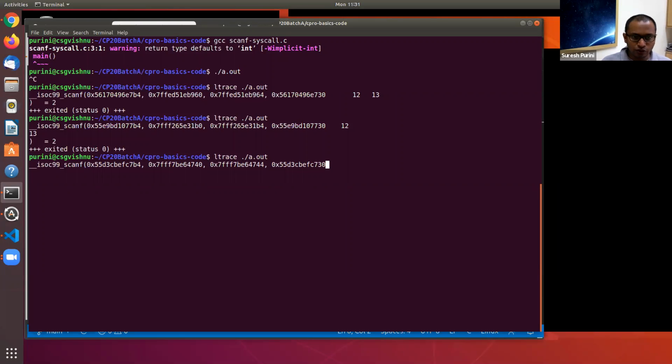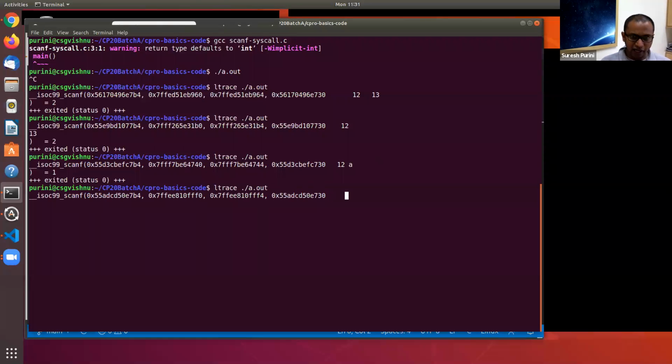Now let's do 12 and A. So now 12 is successfully read, but A causes a problem, so scanf returns 1. Now let's do A and 12. The scanning stops as soon as scanf reads A because it is expecting an integer from the keyboard buffer, but it encounters an A and it returns 0.